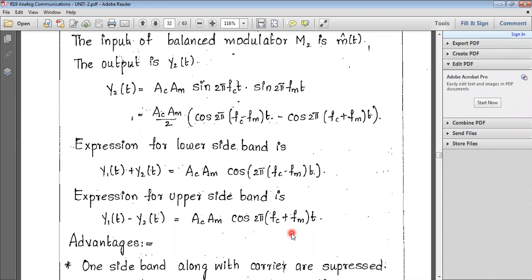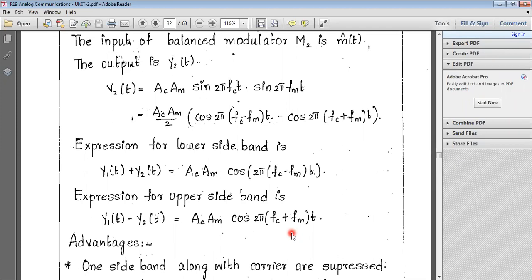Here how can we eliminate it? With the help of phase shift. Here the main signal is m of t. Here we consider another signal, the out of phase signal, that is considered as m cap of t. So with the help of phase shift, finally we generate the SSB modulated wave. That's why it is called the phase discrimination method.